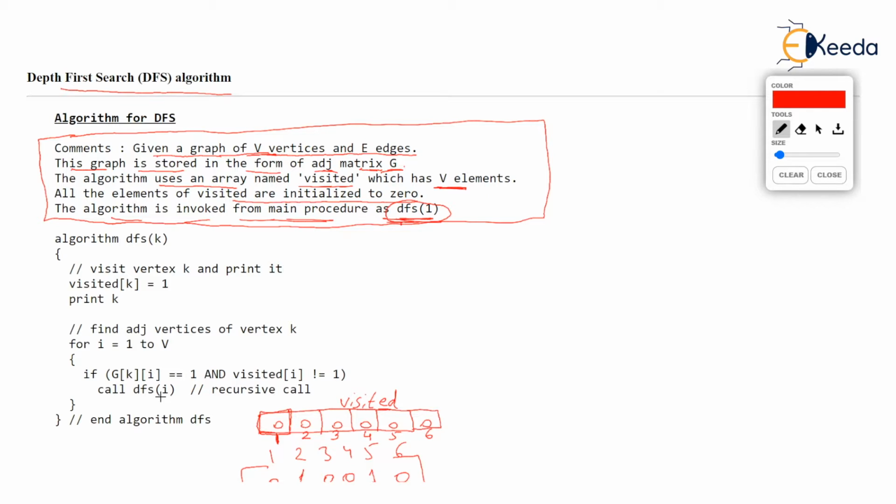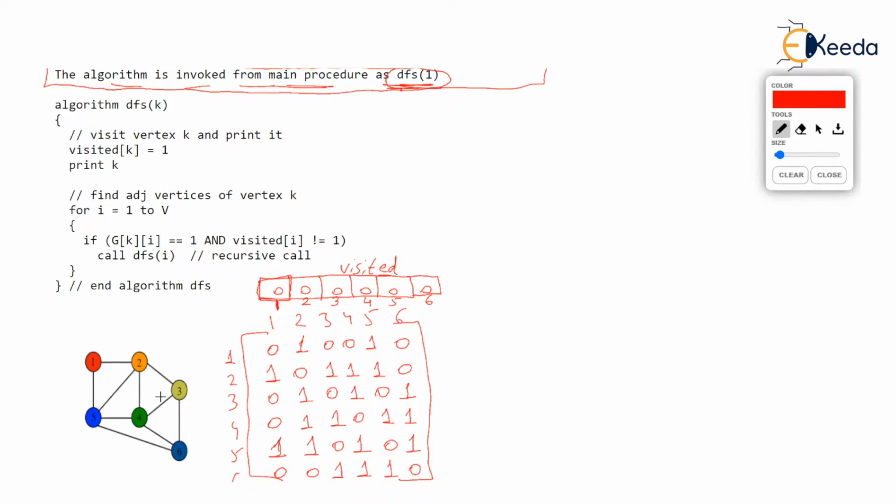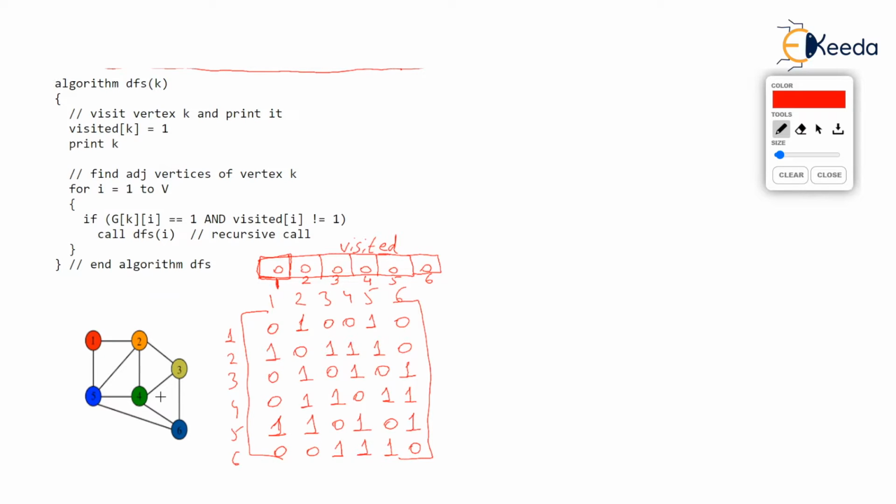All right, so we are well equipped with everything. We know what we are up to. Now let's read the algorithm. Best of luck. This is a recursive algorithm and we always love recursion. I hope you share the same feelings as mine. Now let's start the DFS, and there is a parameter here. The parameter to DFS is k. So I will show that the DFS algorithm has commenced with k as the parameter, but you know that k is 1. Observe that k is 1 because we called the DFS as DFS(1). So we want to say that DFS has begun from vertex 1.